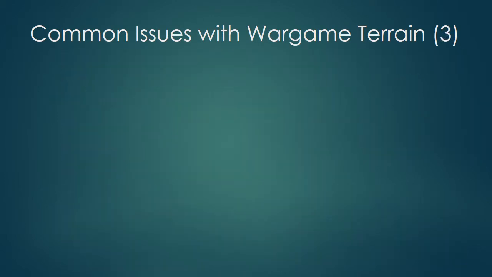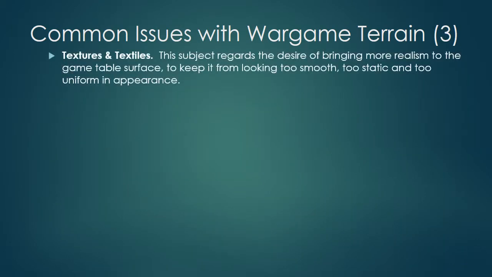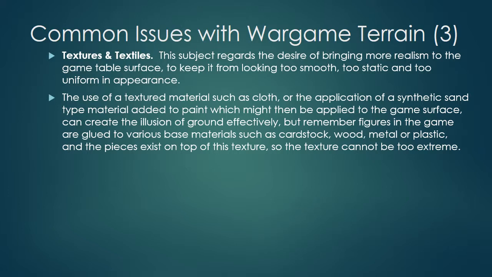Common issues with wargame terrain, page 3. Textiles, textures and textiles. This subject regards the desire of bringing more realism to the game table surface to keep it from looking too smooth, too static, and too uniform in appearance. The use of a textured material such as cloth or the application of a synthetic sand-type material added to paint, which might then be applied to the game surface,